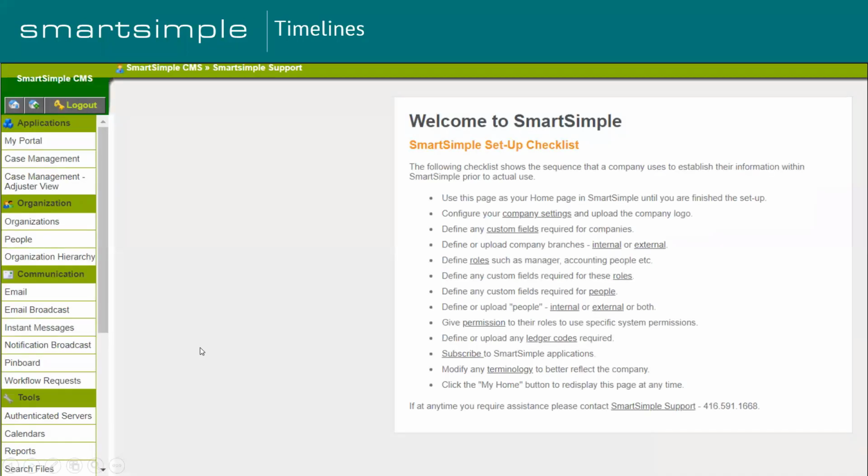All right, so what you see on your screen now is a Classic interface. If your system is still on the Classic interface, when you log in, you see this interface where you have a left navigation panel. If you're a system administrator, you get all these options on the left side. And if you're a user in a specific role, you may have select options on the left navigation panel. The white screen where you see Welcome to SmartSimple will probably have shortcut icons. So this is a typical Classic interface, slightly different in your case because it goes by role, but this is what we see when we log into a system that is still on the Classic interface.